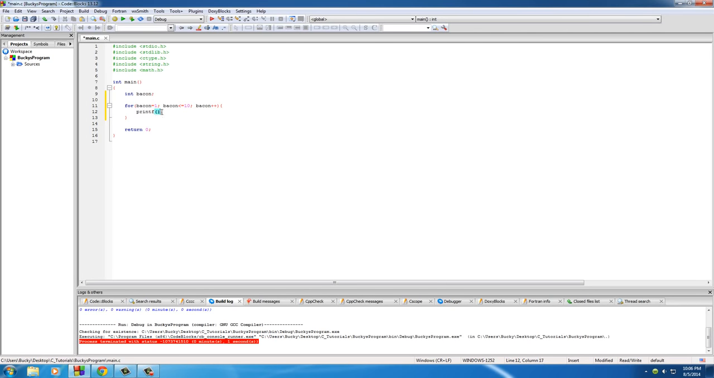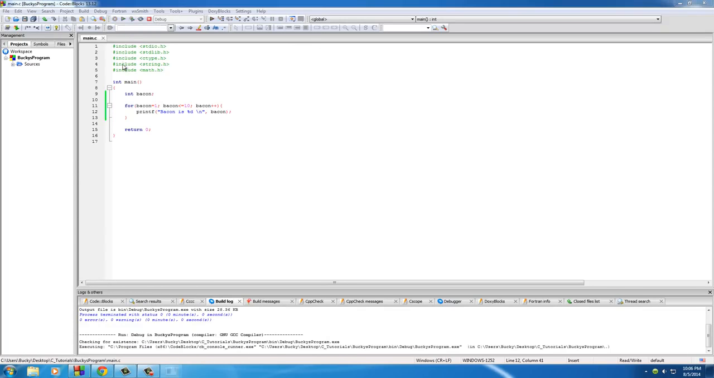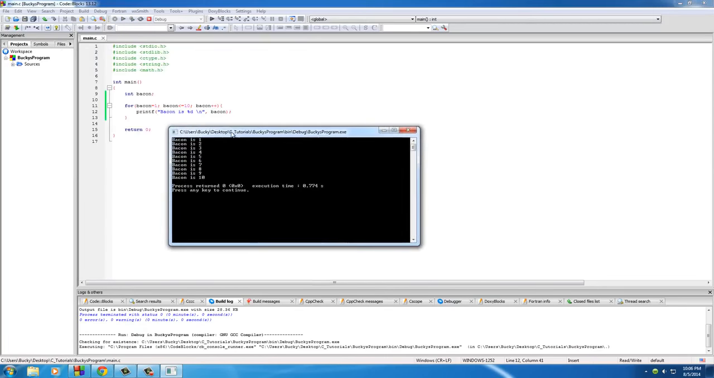So printf, and in here I'm going to print something out on the screen. I'll put bacon is, and write the number of the loop iteration we're on, so %d, and then push it onto a new line. I'll just print out bacon so you can see what's going on. Let me run this and check it out. As I stated before, it starts at 1 and ends at 10, and because we have bacon plus plus, which means add 1 to bacon every time,